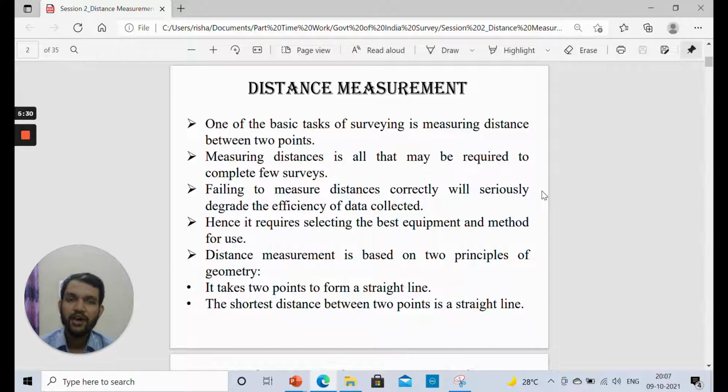Once we verify that yes, the length of the tape is wrong, we can apply a suitable correction factor to it, because we know with each measurement how much error we have incurred, and that error can be calculated for all the readings. We can keep track of how many times we have taken the readings, and we can apply that correction factor there. So we need to take all these things into account while we are conducting the survey.